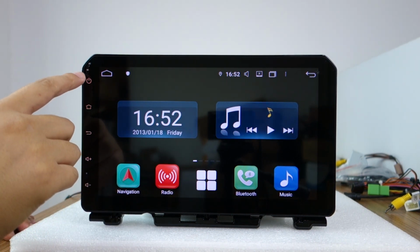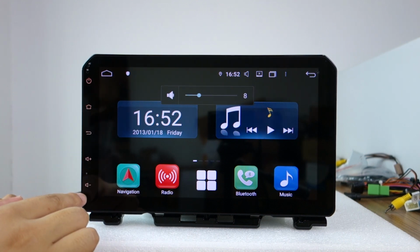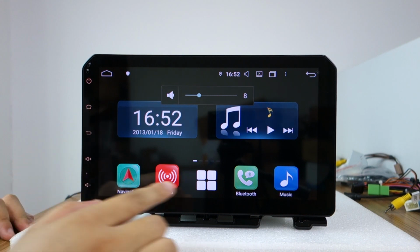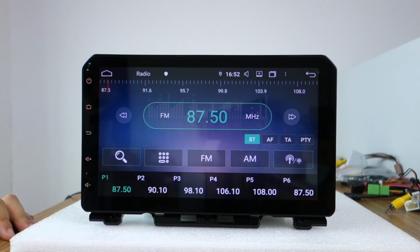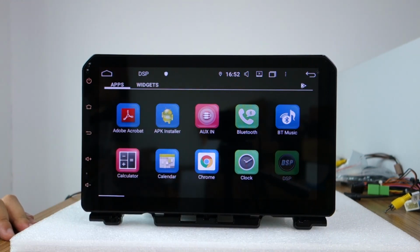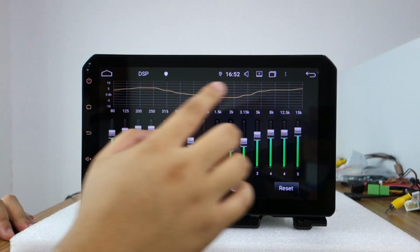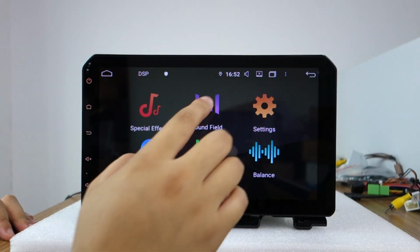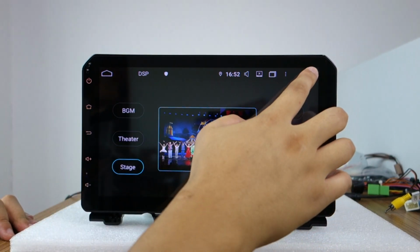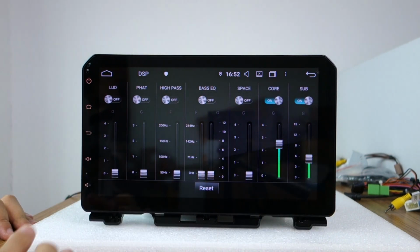It's reset home, microphone and volume button and IR. It's radio. Search the radio station and the DSP amplifier. Sound field, subwoofer,